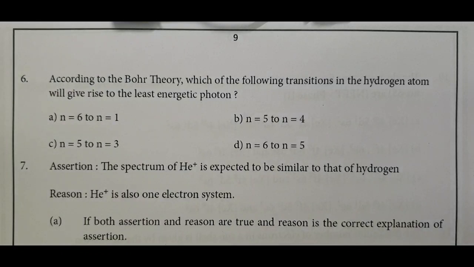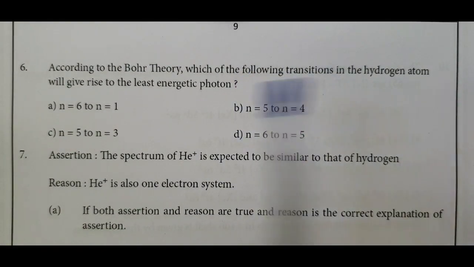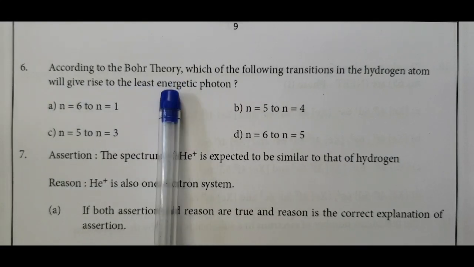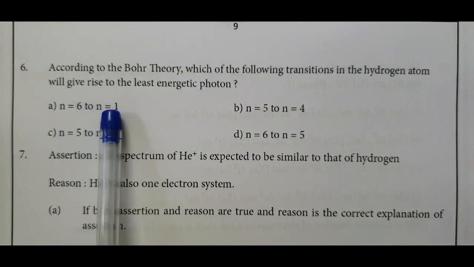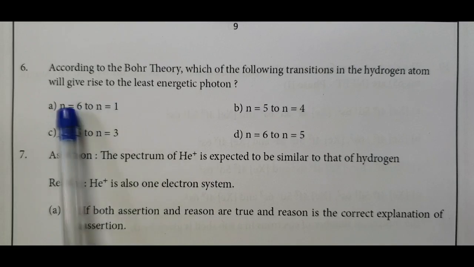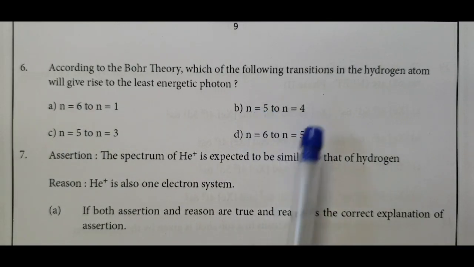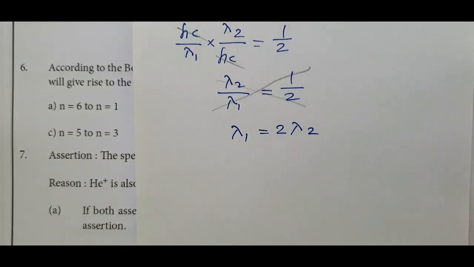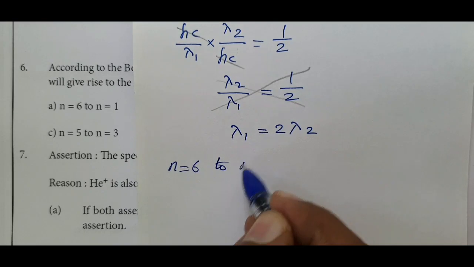Question number 6. According to the Bohr theory, which of the following transitions in the hydrogen atom will give rise to the least energetic photon? Here the differences between levels are larger for 1 to 6 and 3 to 5, but the next levels are n equal to 5 to n equal to 4, and n equal to 6 to n equal to 5. Now, we are going to calculate the energy value for these two transitions. For n equal to 6 to n equal to 5,